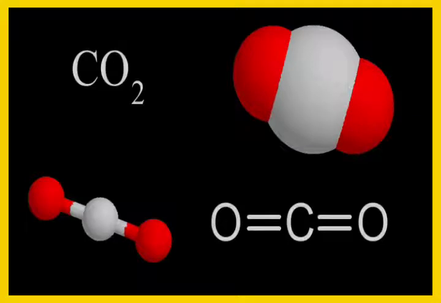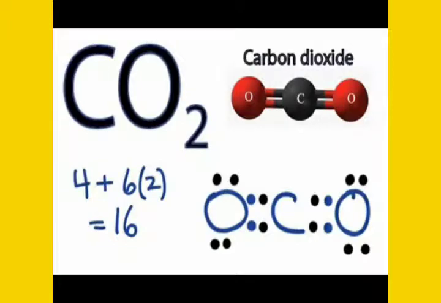For example, a molecule of carbon dioxide gas is represented by CO2. So this indicates that a carbon dioxide molecule is formed by the combination of two elements. Which are the two elements? Carbon and oxygen. The number of carbon atoms is 1 and that of oxygen atoms is 2. The mass of one molecule of carbon dioxide can also be calculated by adding the mass of one atom of carbon and 2 atoms of oxygen.